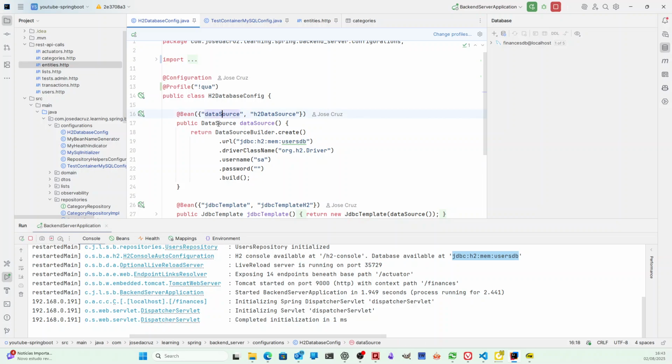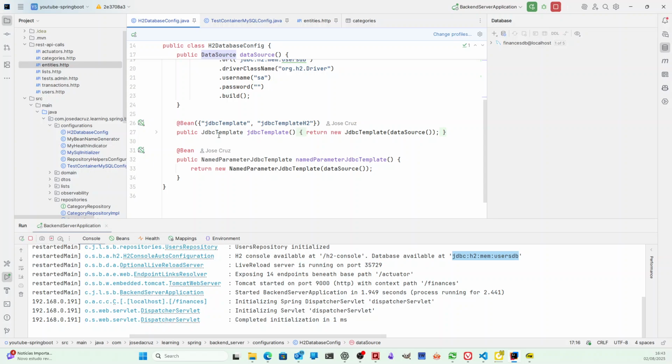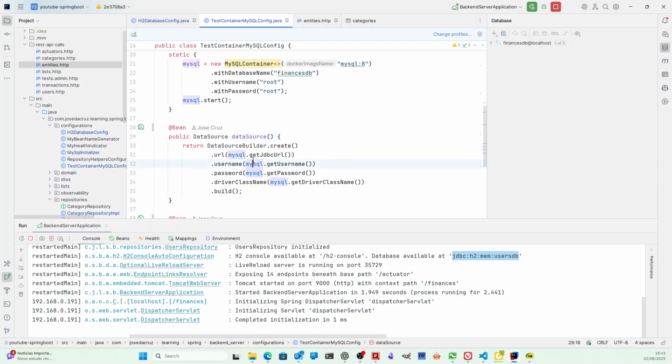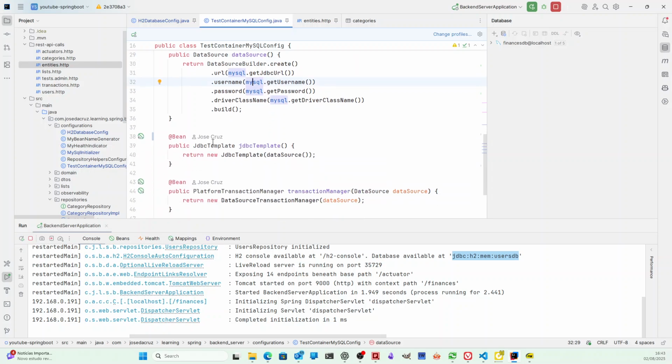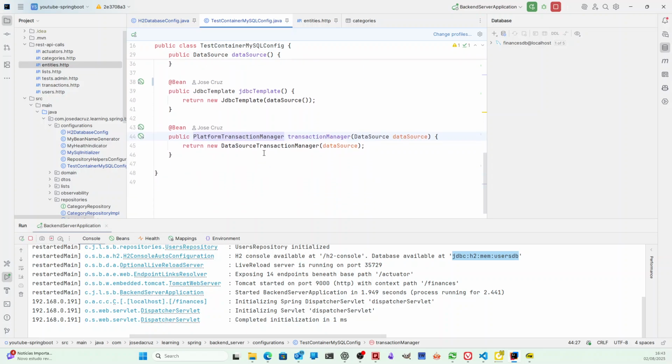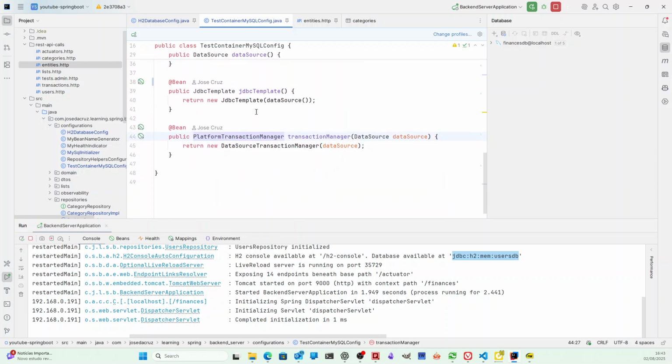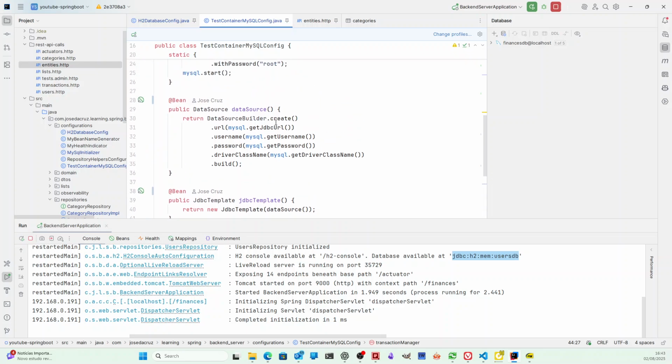And you can see that you have a data source here. You have the JDBC template and the named parameter template. And of course, here I have the data source, but now for MySQL, the JDBC template, and this is a transaction manager, because when we start to use this kind of robust database, it's a good practice to create a transaction manager. So let's see